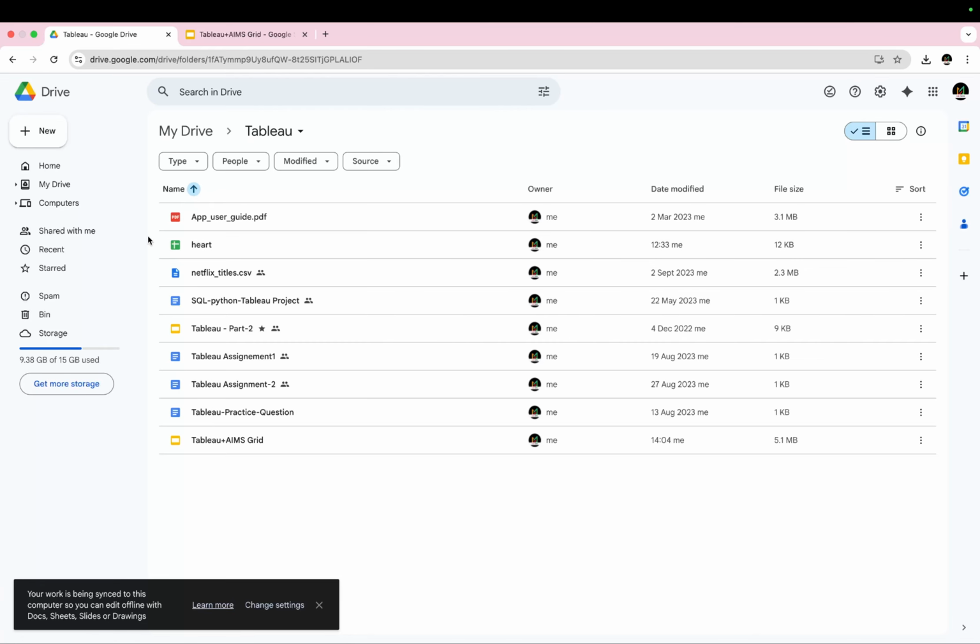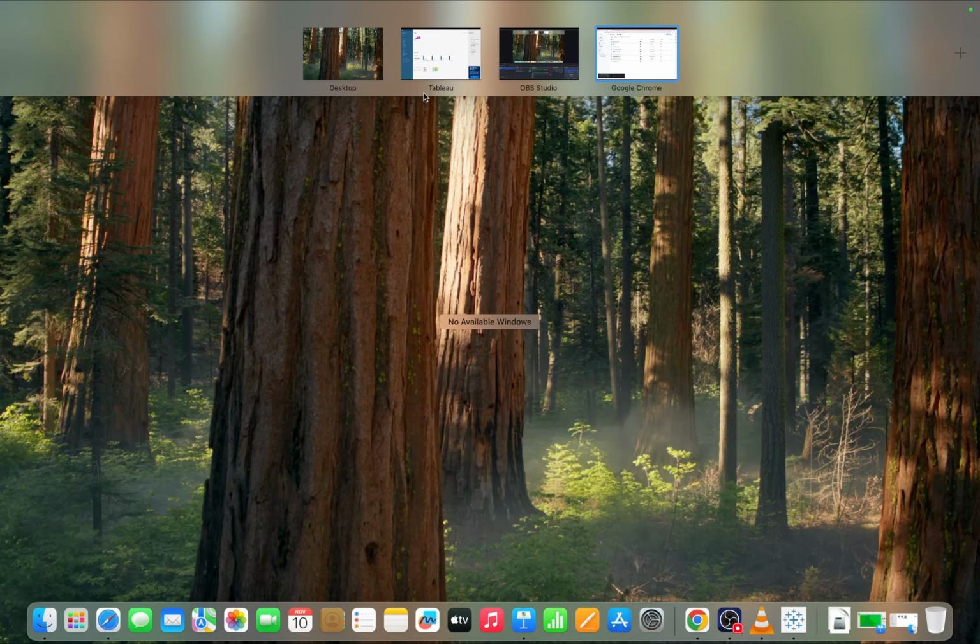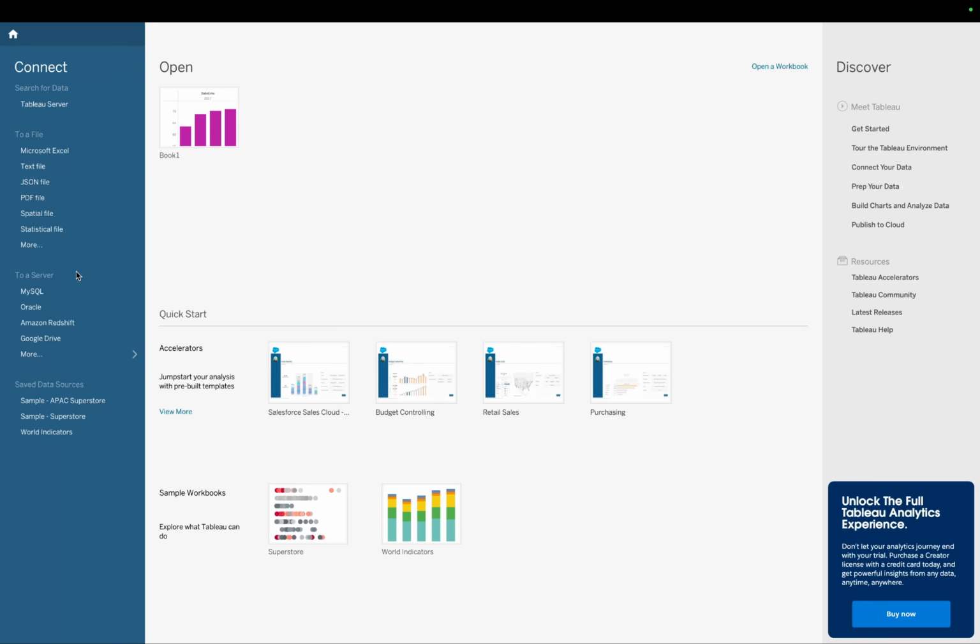Okay, this is a Google Sheet. Now if I want to connect to this Google Drive, how can I connect it? So once again I will go to Tableau. I will click on this Google Drive,